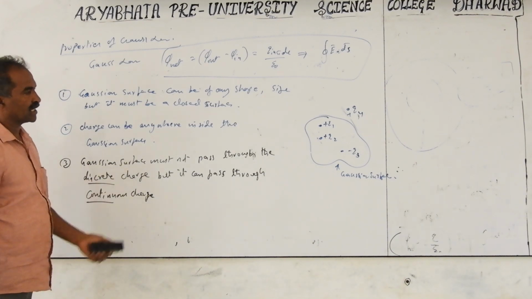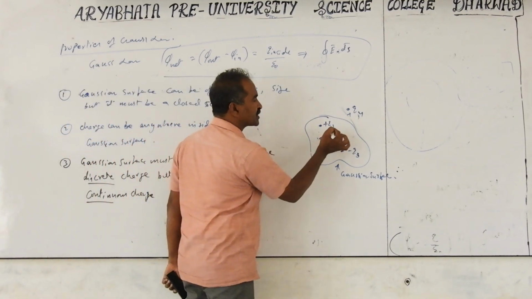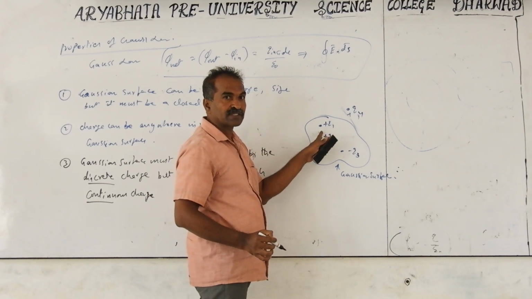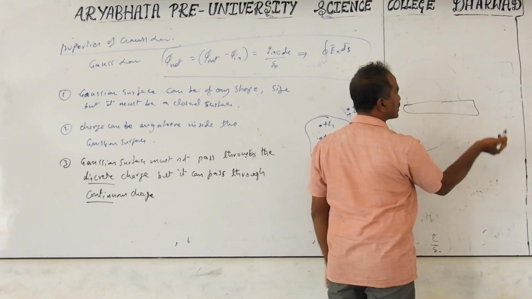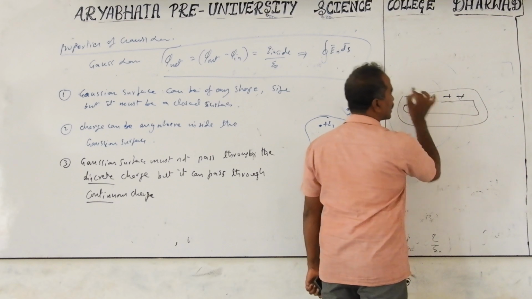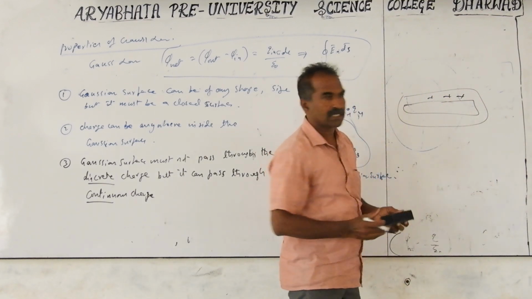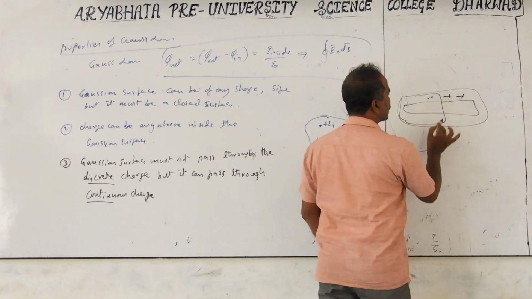It can pass through any place. But if you take the individual diagram, here I am marking individual charges, so it is a discrete diagram, not a continuous diagram. Continuous means I take a glass rod and charges are spread everywhere on the rod. This is called continuous charge, for the glass rod or the circular ring. So from this I can take the Gaussian surface like this and divide it in parts.